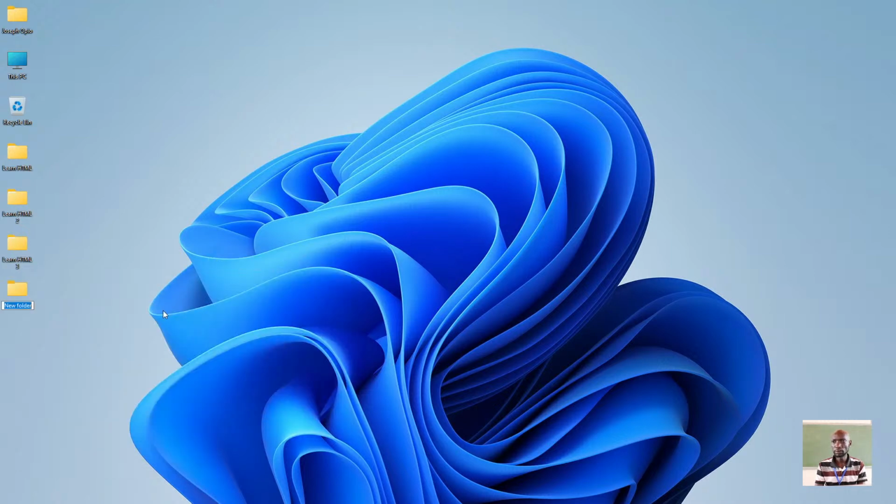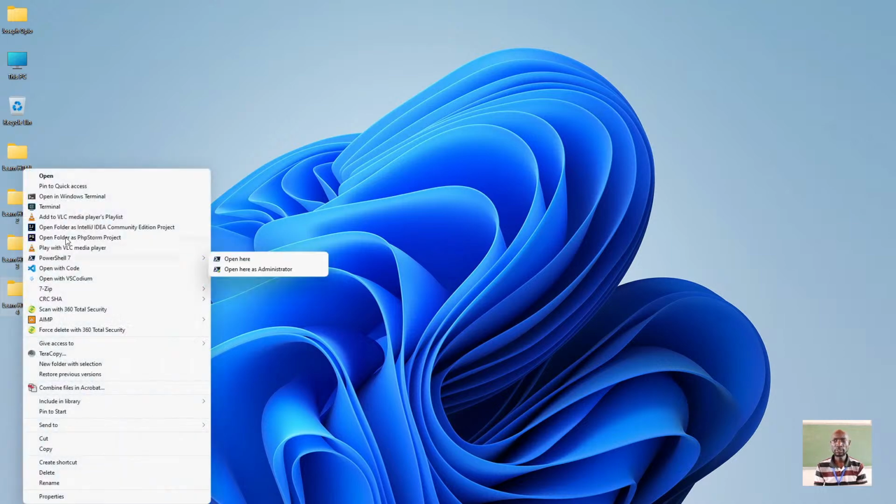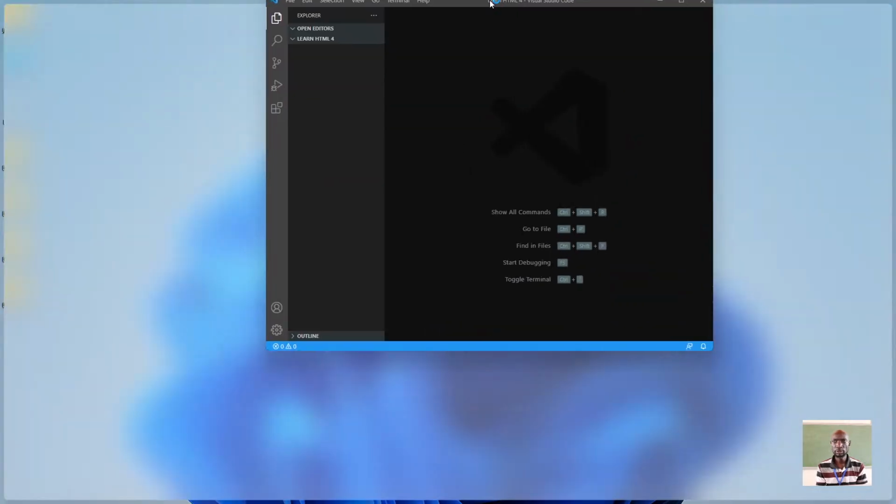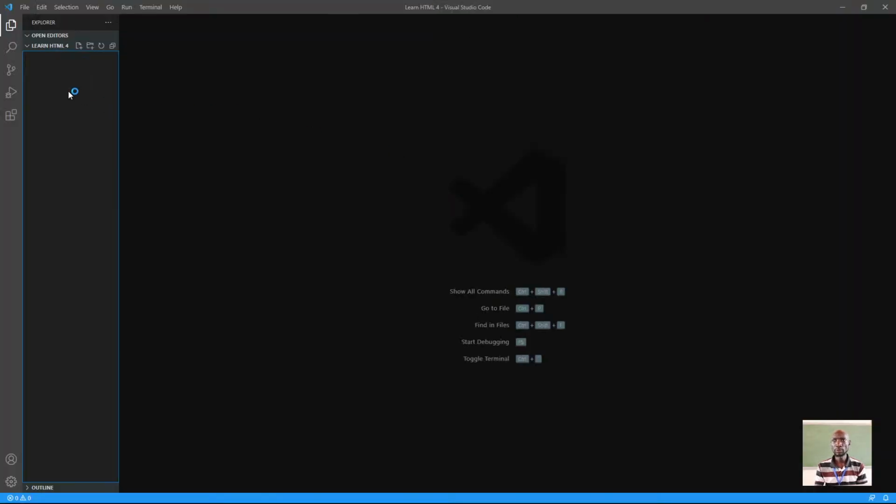So let's create here, learn HTML4. So in today's lesson, we are going to learn basically about CSS, and let me open this with code. We're going to learn about CSS, and we're going to talk a lot about CSS. Everything we're going to talk about today is CSS. So what we're going to do is we are going to create an index.html file here,